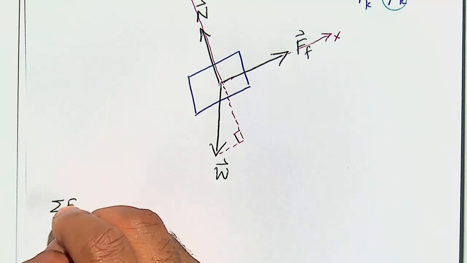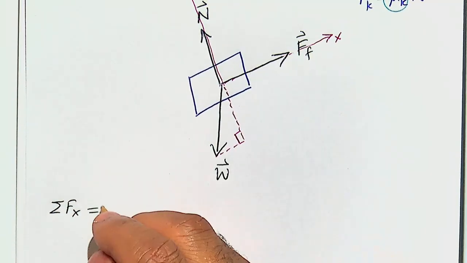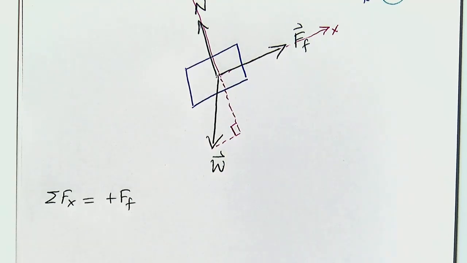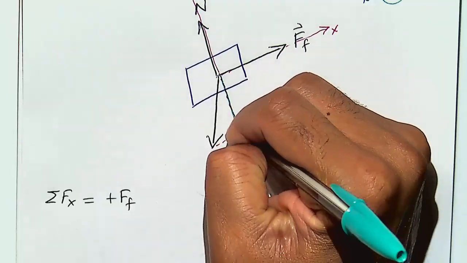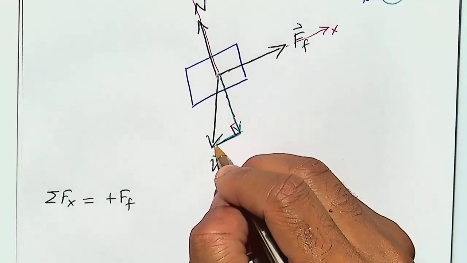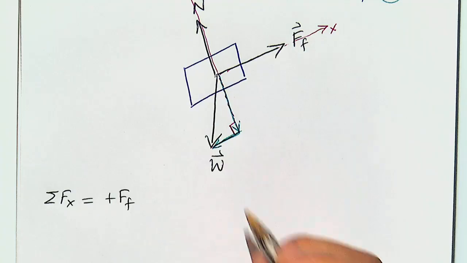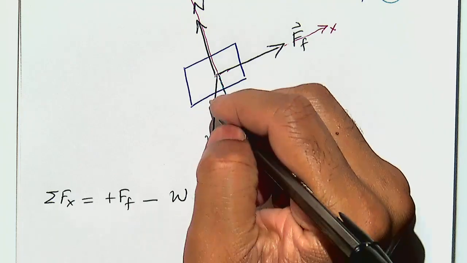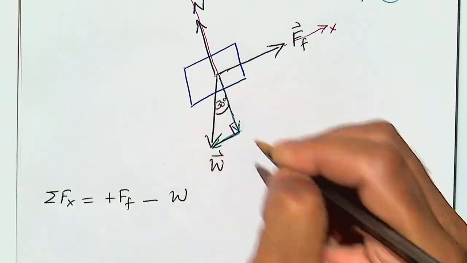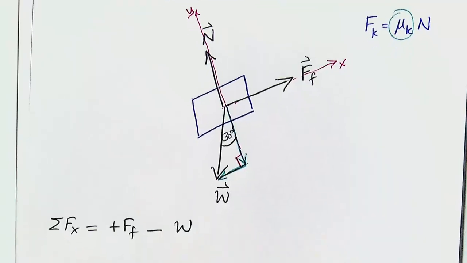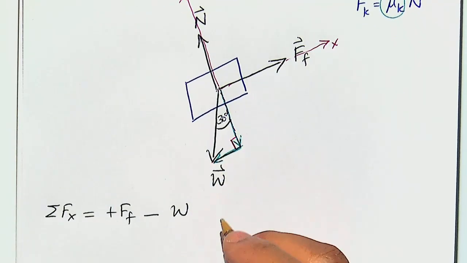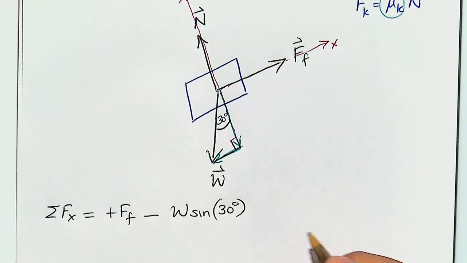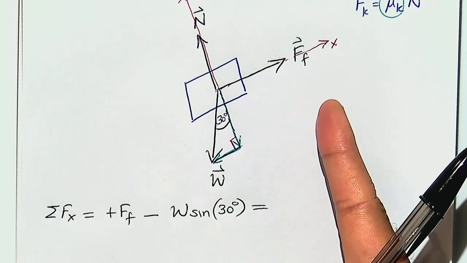So sum the forces in the x direction. Well, that's the positive force of friction, not the normal force. Weight, well, the weight is made out of two components. That's one, that's the other one. So the x one is negative, so we have negative weight. This angle, as we've talked about, is 30 degrees, so it's equal to this angle. Do the perpendicular lines trick. So then we have what? Sine, opposite. So we have sine of 30 degrees is equal to,